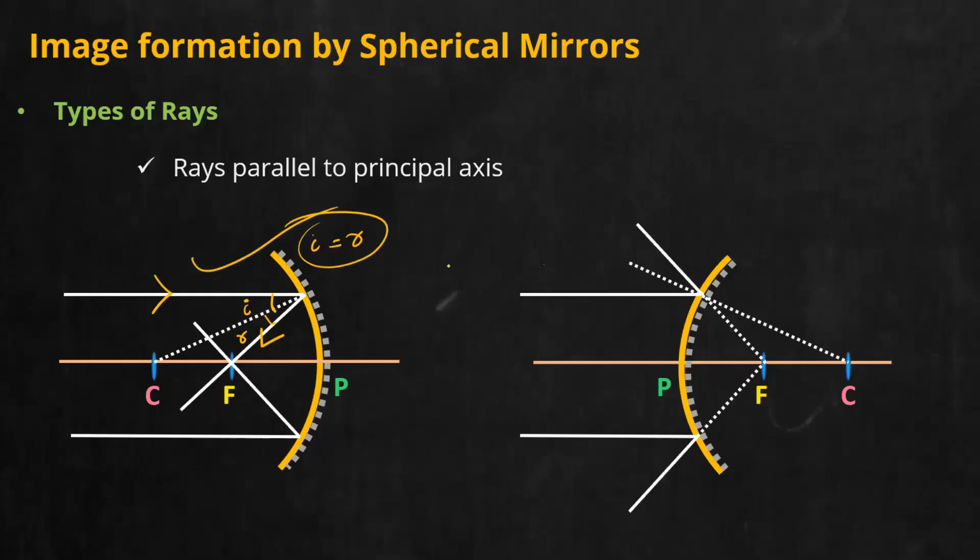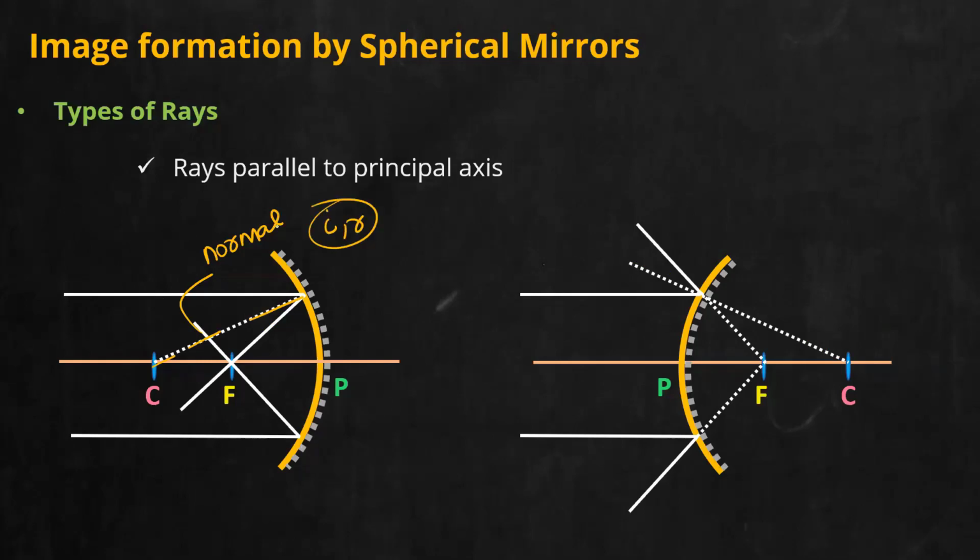Now coming to the convex mirror, it is again the same. Here also I have considered a line passing through the center of curvature. That is nothing but the normal. Once you have the normal, you can mark the angle of incidence and angle of reflection. So if anyone has doubts about how to find the reflected ray or measure the angle of incidence in concave or convex mirrors, any line you draw passing through the center of curvature represents the normal. Once you construct the normal, it is easier to find the angle of incidence and angle of reflection. So this is the first type of ray. I hope you have got it.